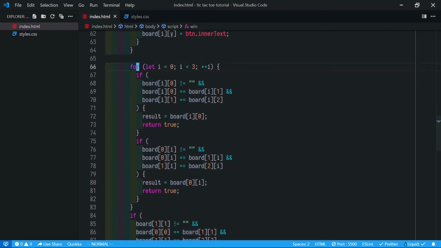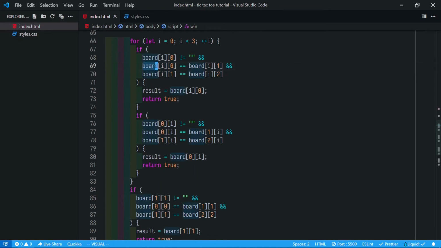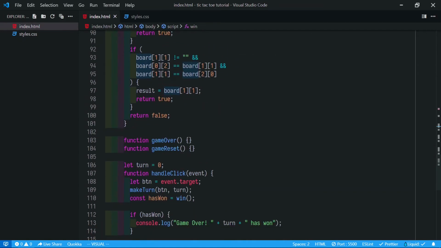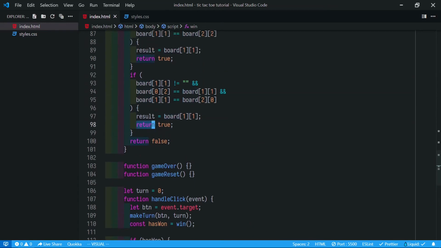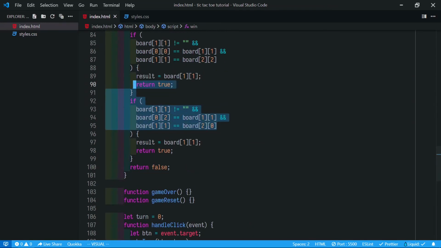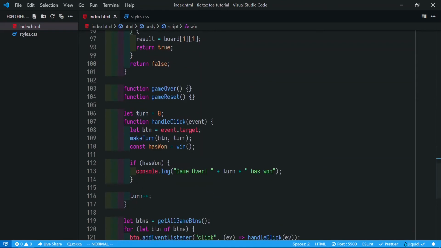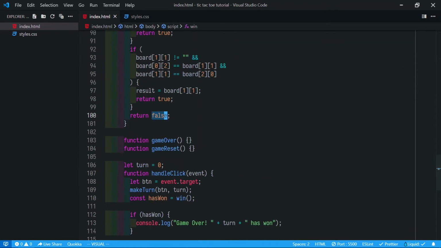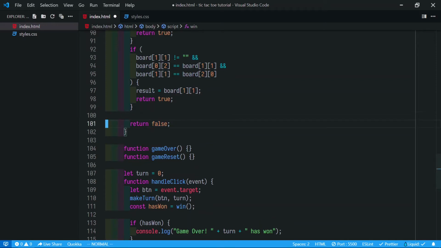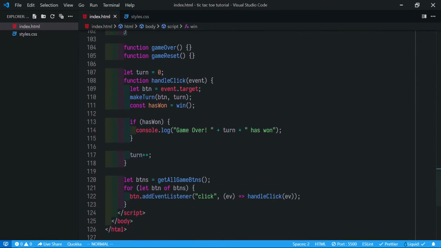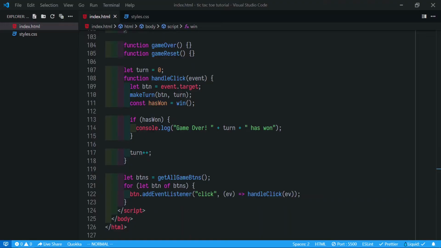After that we loop over again, and we check if the row values are the same, and if it is, we just return true. And we also have the logic for the diagonal. If none of these are satisfied, we just return false, that no one has won. That's our won function. Let's check it.